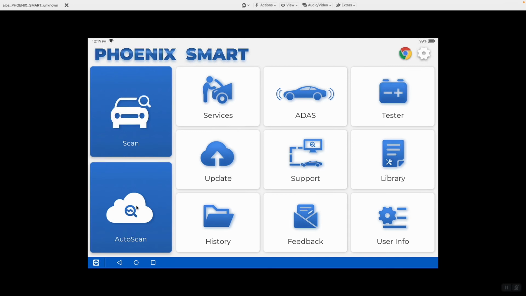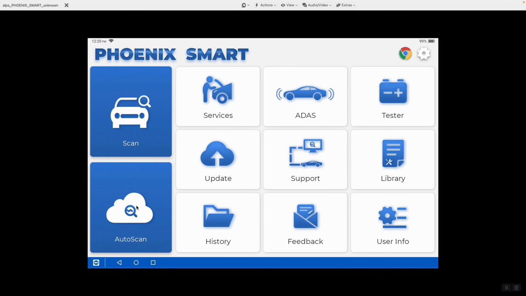Now, if we have a vehicle before 2008, most scan tools don't have that information in the database, including ours. So, if you try automatic ID and it does not work, you may need to go in and manually build the vehicle using the scan function. Same thing is true with the newer vehicles. So if you have a 2021, 2022, 2023, you may try to auto scan the vehicle